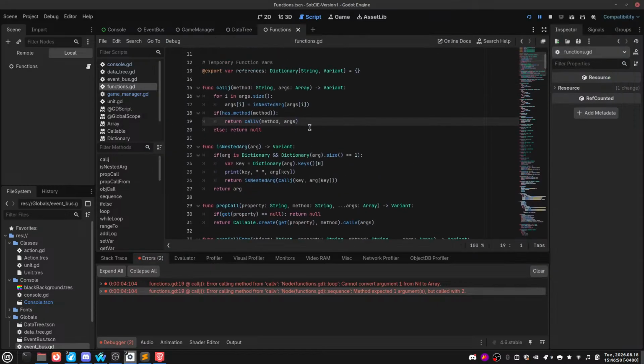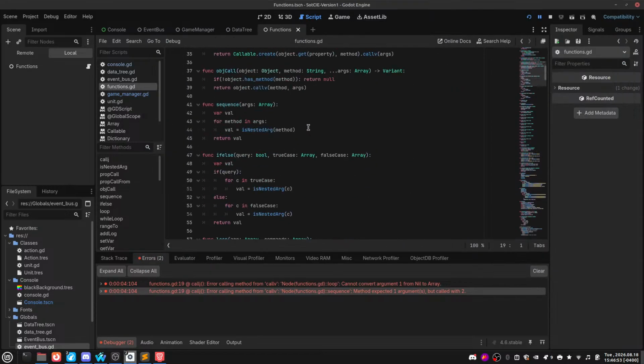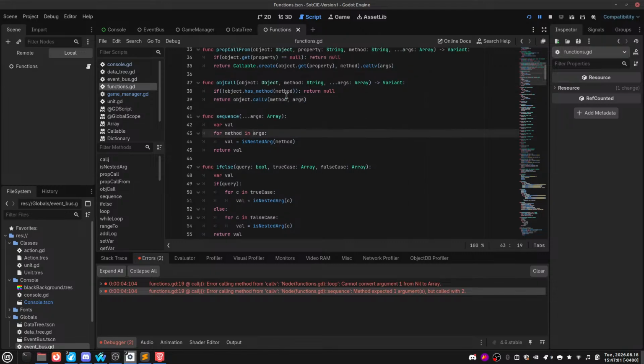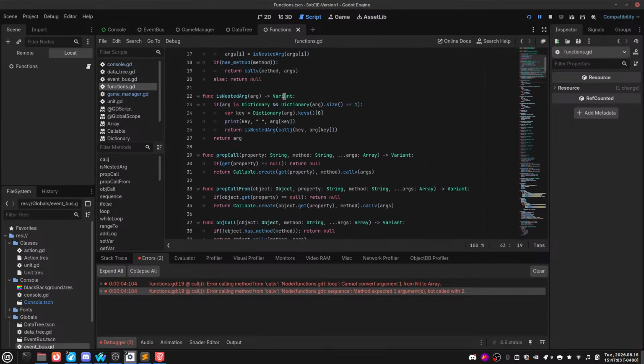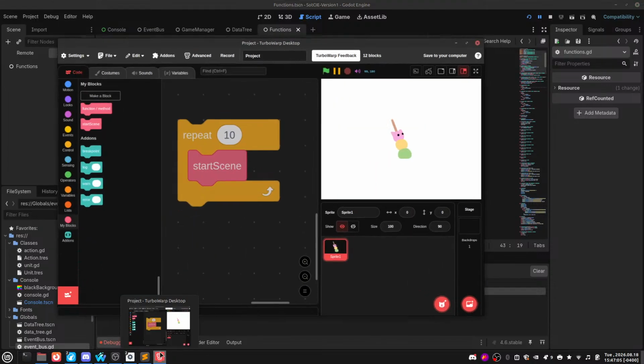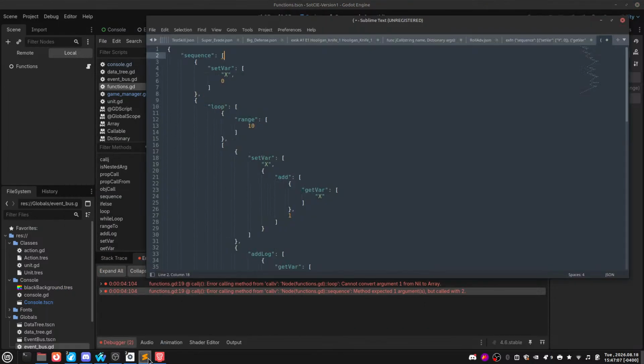Oh, does sequence have to be an array? I think sequence has to be args. Okay. Let's try that. I'm not sure if that works that way. Let's try it. Okay? So,